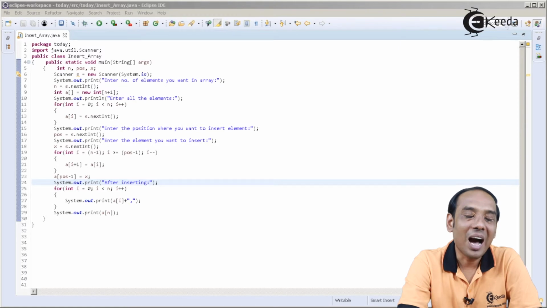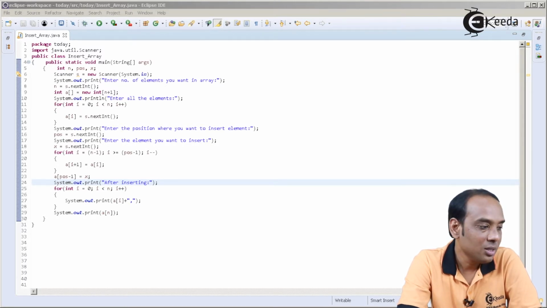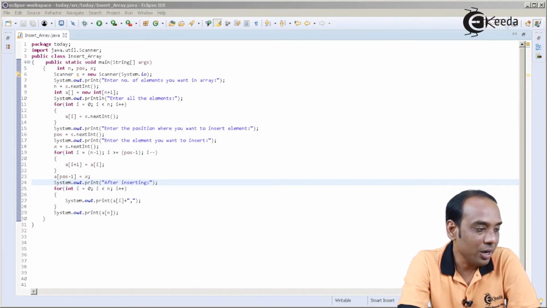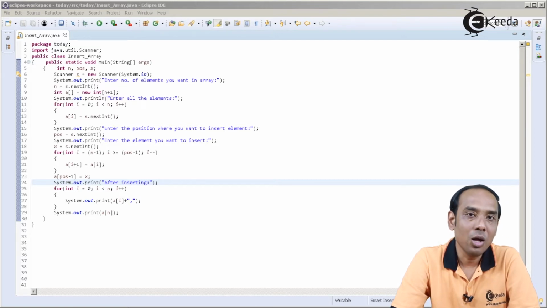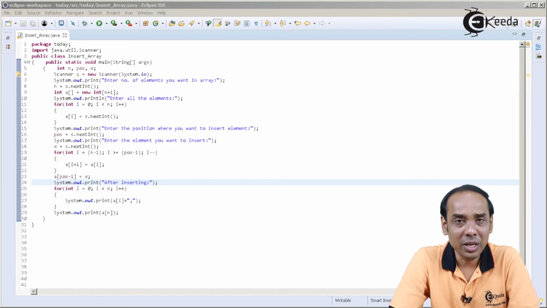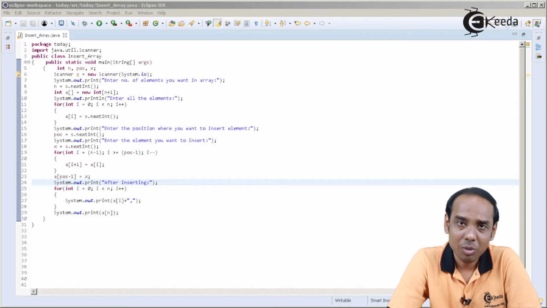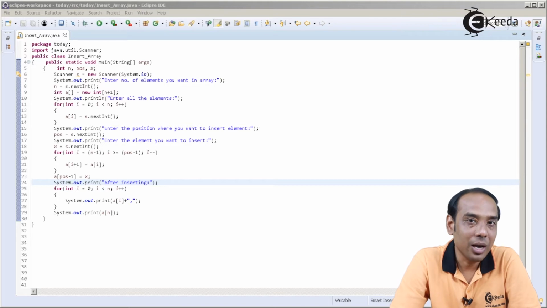Then we will ask the value that needs to be entered. So we write down system.out.print enter element you want to insert. That will be stored into the variable called x. This is how you take the value from the user and also the position. The position can be any position. It can be starting position, it can be ending position, or it can be any random position in the given array. Now we will look at the logic of how to insert that particular element into the